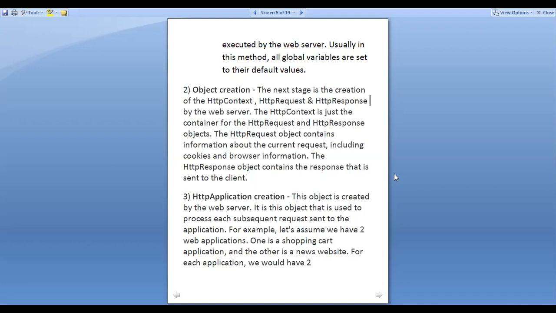And when those variables are initialized, when we made the request for that particular application for the first time, this method is executed only once, not for repeated times. Now once this is done, next you need to create some objects for that complete application. So the second stage is what? Object creation. The next stage is the creation of the HTTP context and the HTTP request and response objects by the